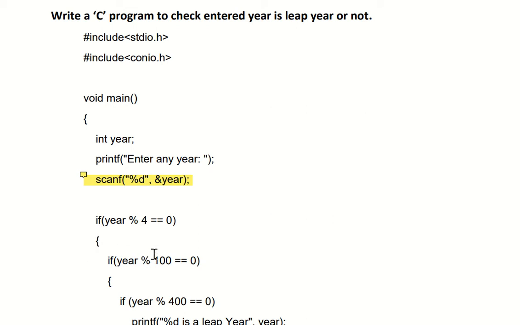Inside the if statement we have one more if condition, that is, if year mod 100 equal to 0. So again, 2020 mod 100 equal to 0.